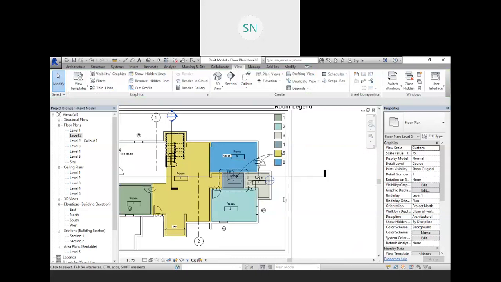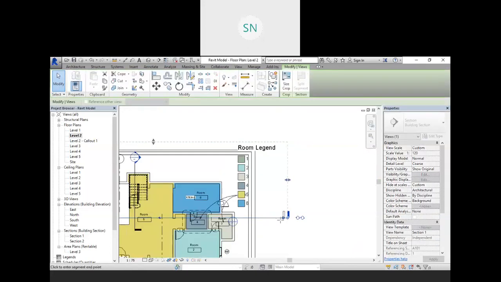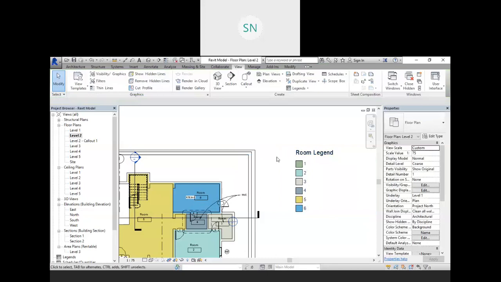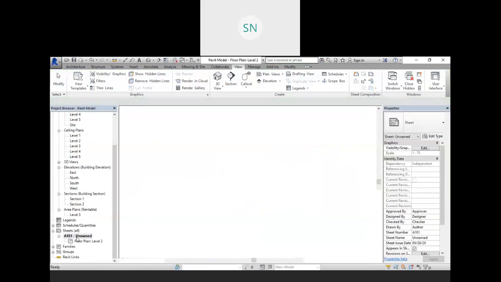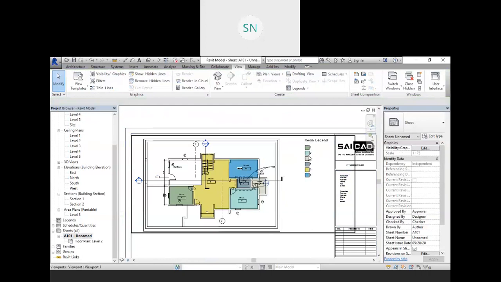We have a crop region over here, but this line is up to this point. If I place this legend tag outside my region, then also it will be visible in my drawing. Are you getting me? See, it is still visible. So that thing doesn't depend on your view range.